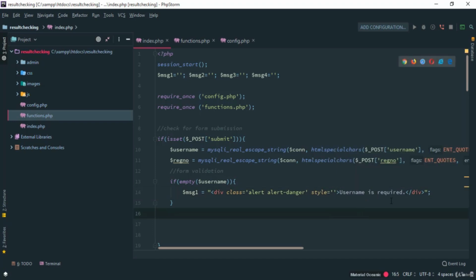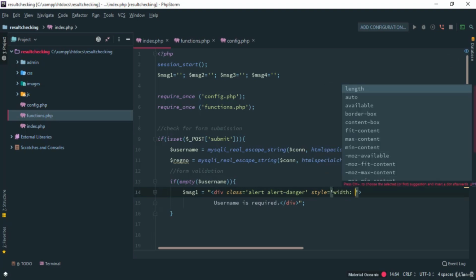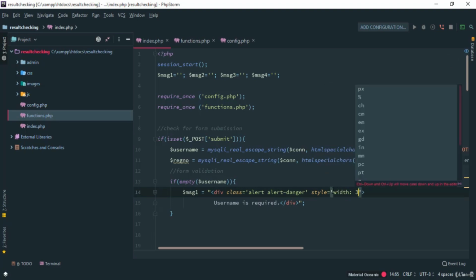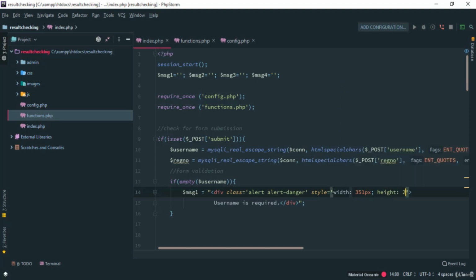I'm going to bring this down a bit. Good. Now I'm going to add a style here, and first of all I'm going to give this a width of 351 pixels, then a height of 20 pixels,